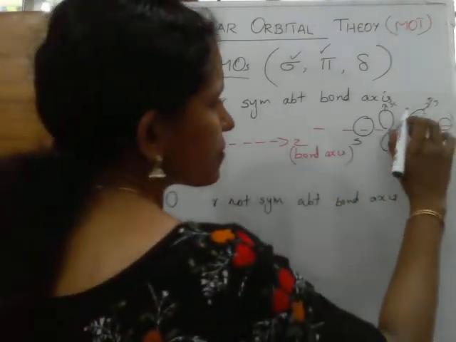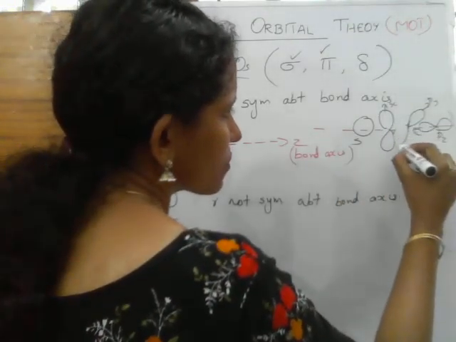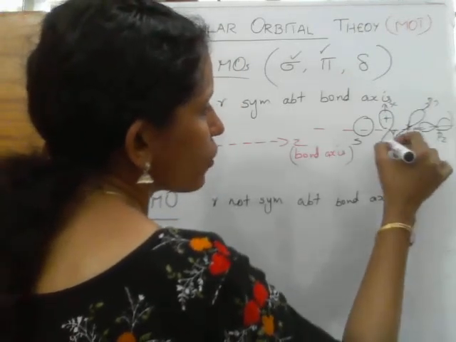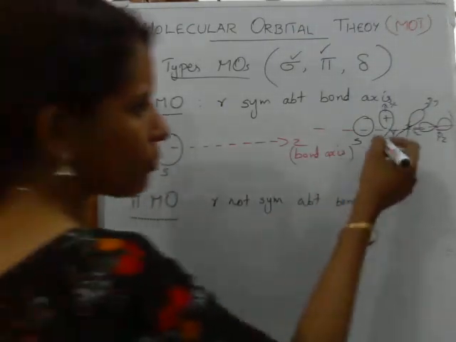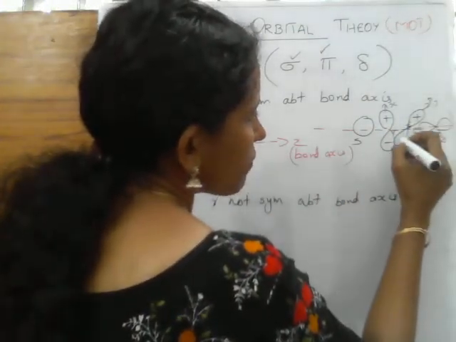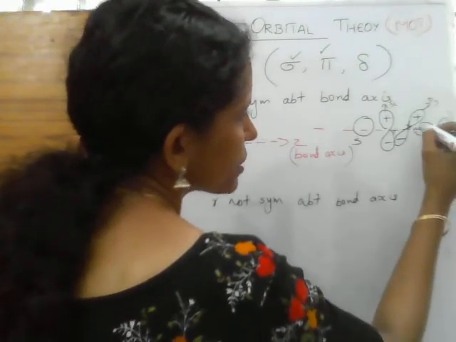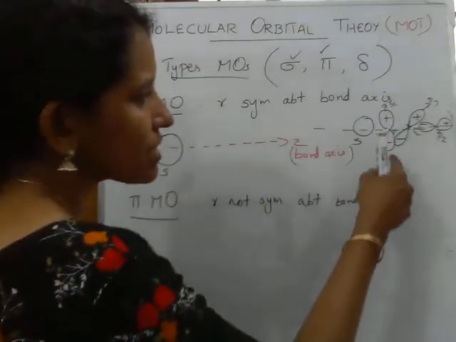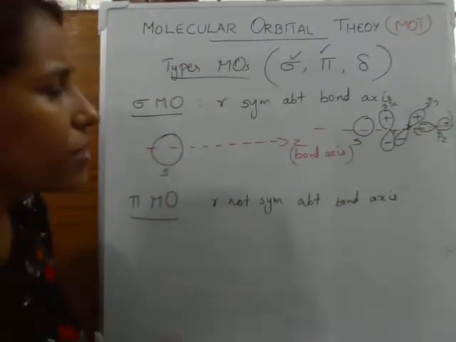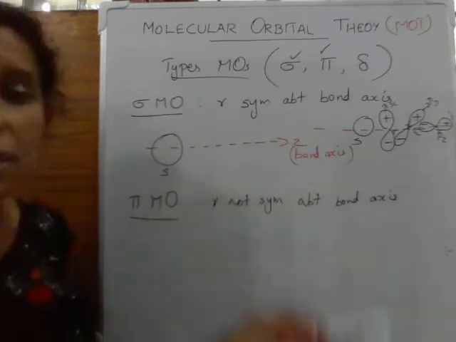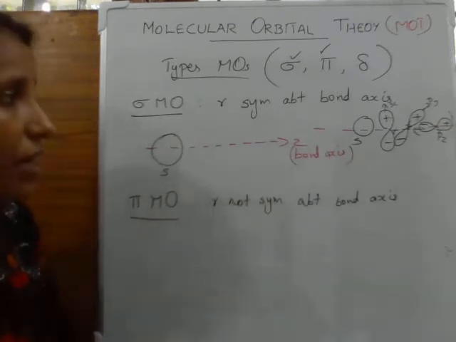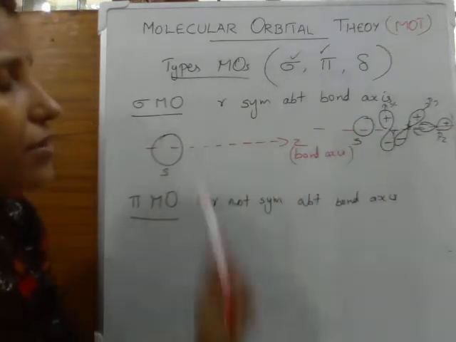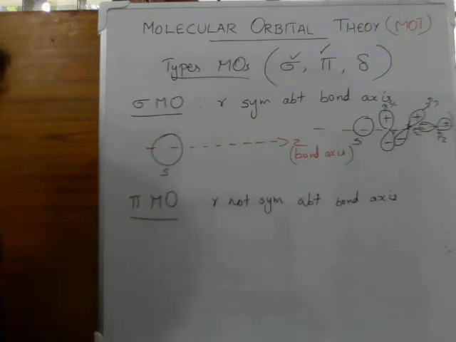Here this px atomic orbital has got an upper lobe and a lower lobe. The upper lobe has a plus sign, the lower lobe a minus sign. And in py also, plus and minus lobes are there. Here the right lobe is plus, this one is minus. Out of px, py and pz, in px and py you can see the upper lobe is positive, the lower lobe is negative. That means it is not symmetric. Symmetric with respect to the shape, but the sign will be different. Above and below the bond axis, the signs on the lobes are different.